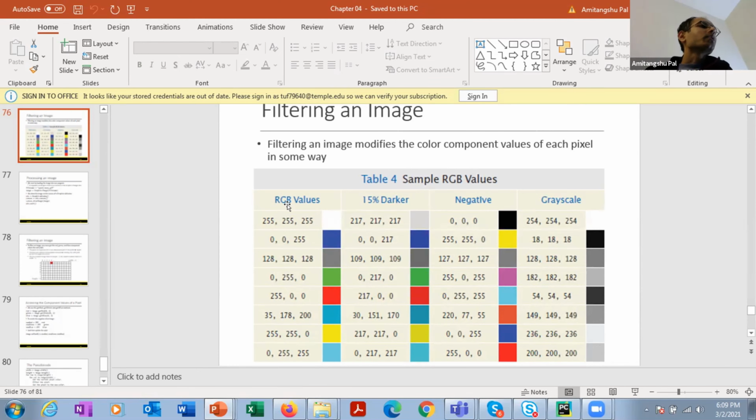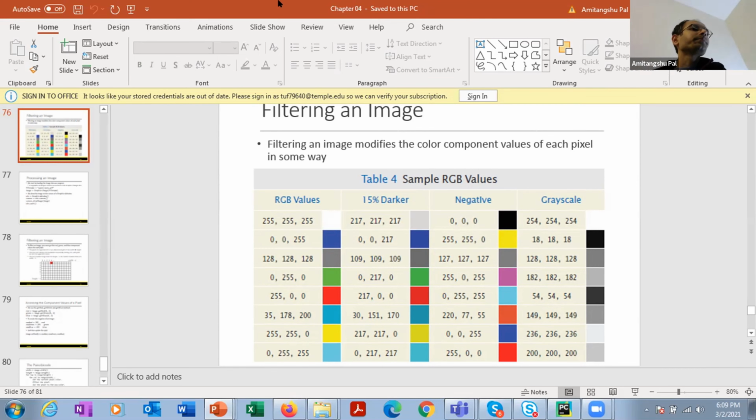The highest intensity level of any color is represented using number 255, and 0 is the lowest intensity. So whenever this table shows 255, 255, 255, that means the red intensity is 255, green intensity is 255, blue intensity is also 255. So if we mix red, green and blue with their highest intensity, we'll get white.